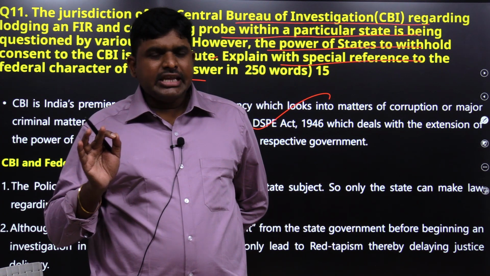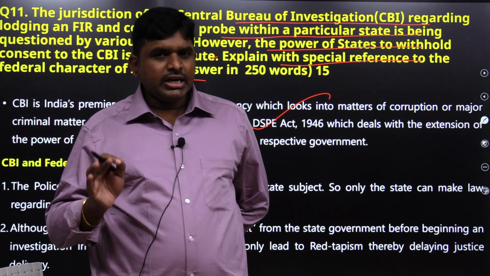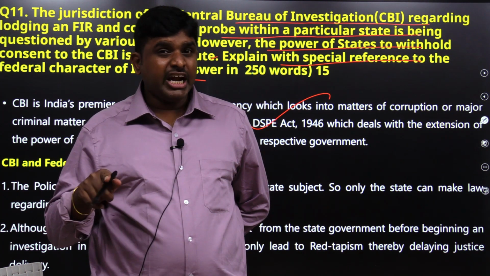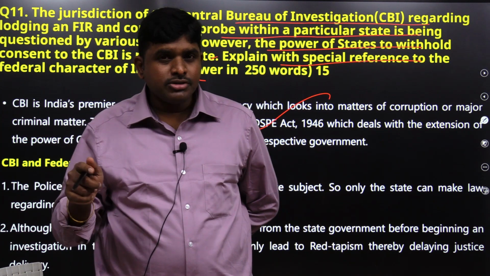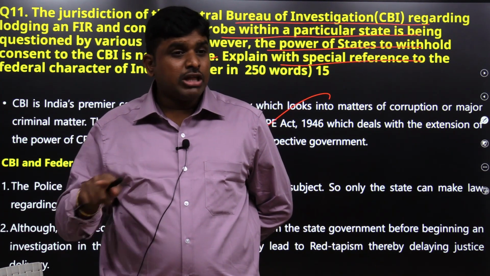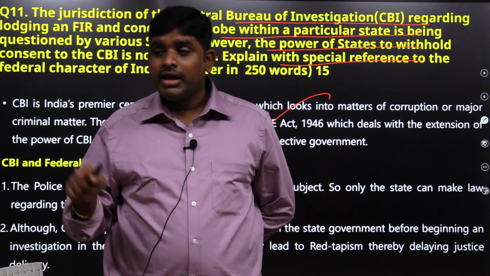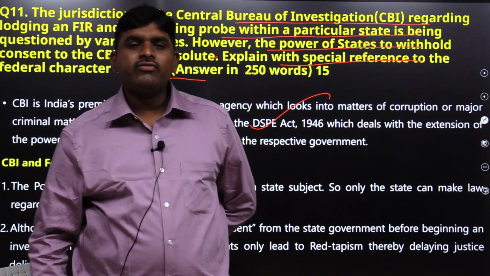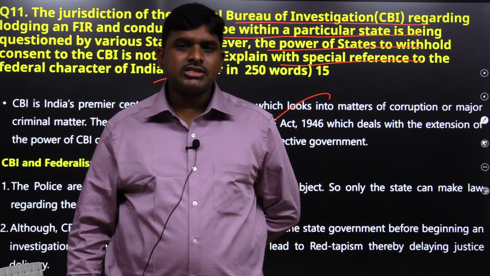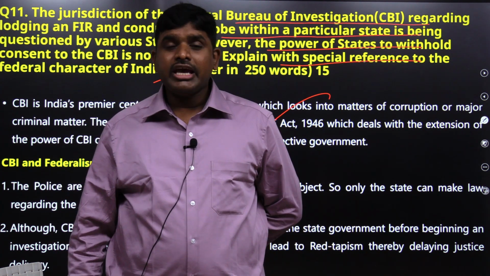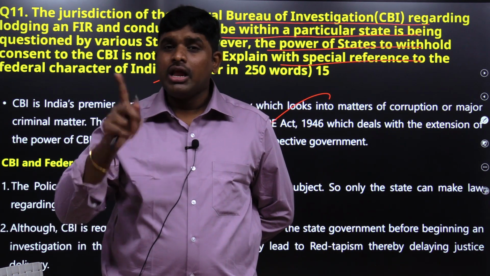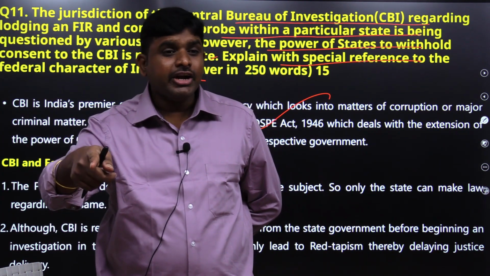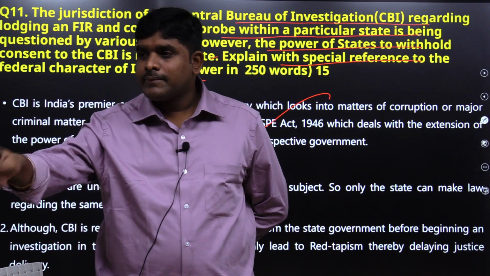Mainly the question is about this: when the central government takes up a case which belongs to the state police and gives it to the CBI, it should be approved by the state government. But sometimes the central government takes up the case without the approval of the state government. It is affecting the federal structure. Recently, in the murder of an RSS activist in Kerala, the case was given to the CBI by the central government, but the state government did not give any approval. But still the CBI has been inquiring into the case which is under the ambit of Kerala.